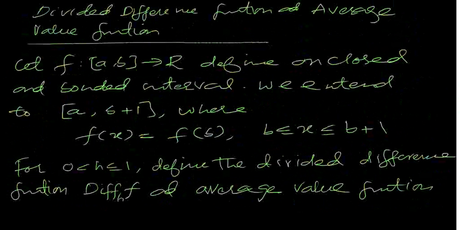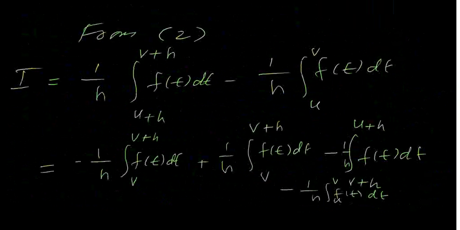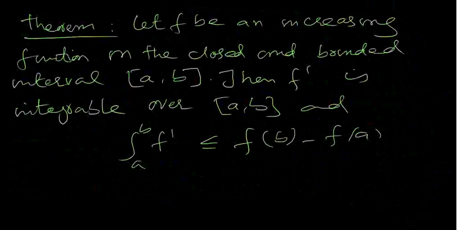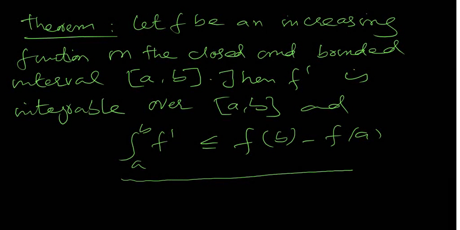Here we have proved this result. So we'll see that if f is an absolutely continuous function and it's also monotonic increasing, then this integral from a to b of f' is always lesser. In fact, it's an if and only if condition. We'll see that for a monotone function, the equality holds if and only if f is absolutely continuous. We will see that the function constructed by Cantor and Lebesgue, the Cantor-Lebesgue function, is not absolutely continuous, because that function is monotonic increasing, but for that function this strict inequality holds. So it means that the function cannot be absolutely continuous, because for absolutely continuous